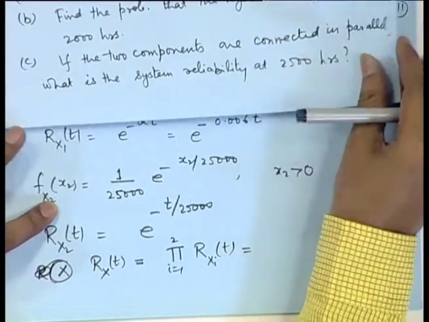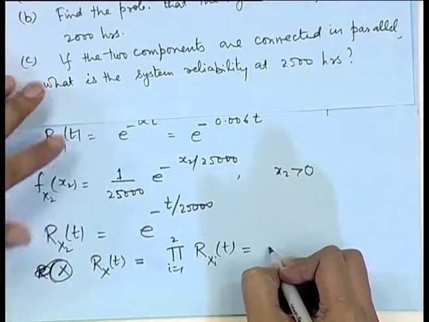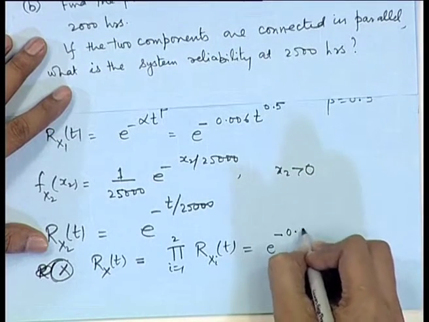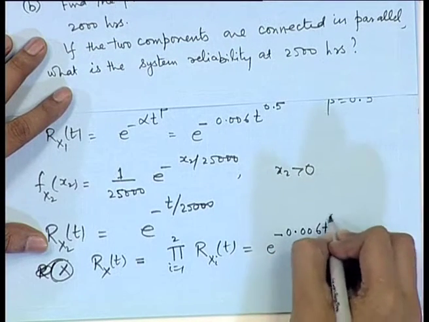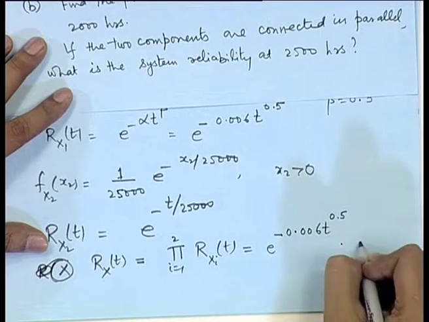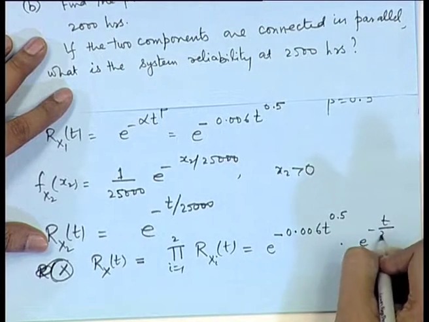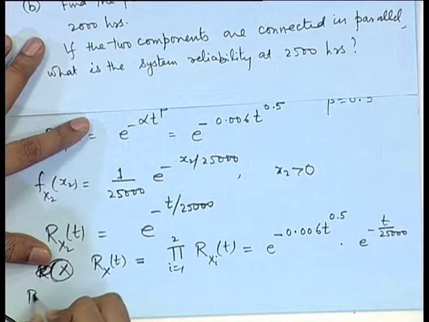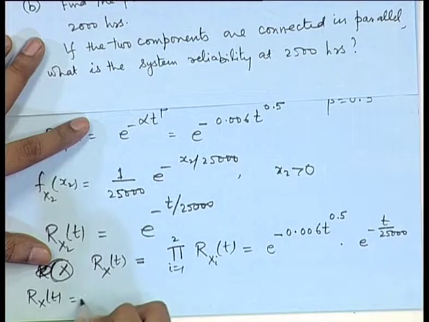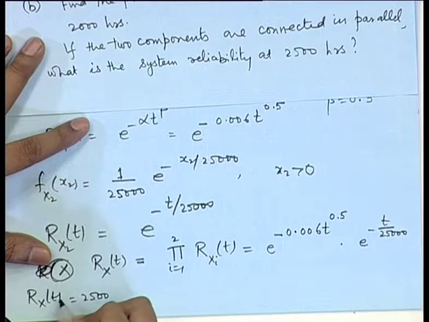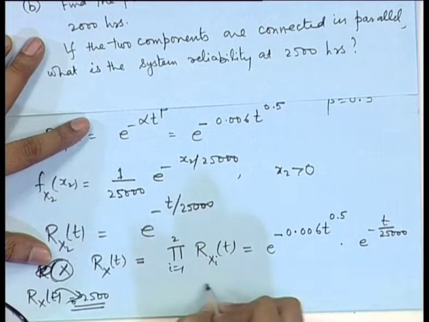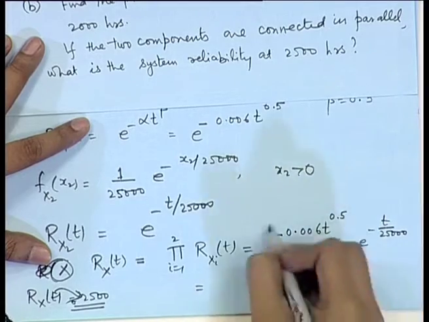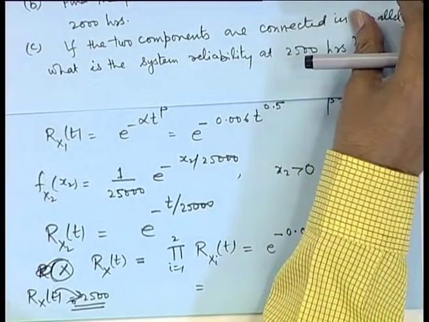So, this is e to the power minus 0.006 t to the power 0.5 into e to the power minus t by 25,000. If we calculate the system reliability at t equal to 2500, then after substitution, this value is evaluated to be